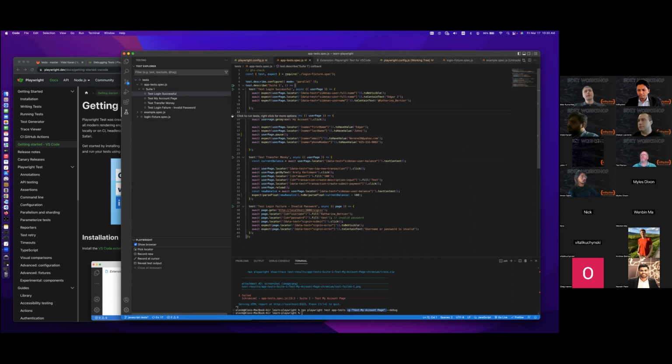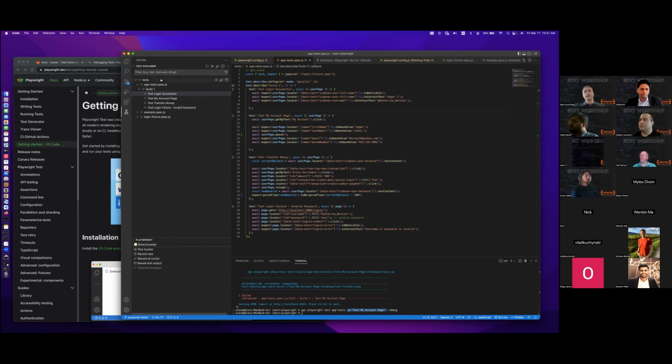If we click it like this, it will run the test. But if we need to debug, we can use this debug option. We can do a right click and choose debug, or even Reveal in Explorer and some other options. You can also run in debug from this button as well. We also get the Playwright panel that allows you to switch between headed and headless: show the browser during the run, or don't show it.